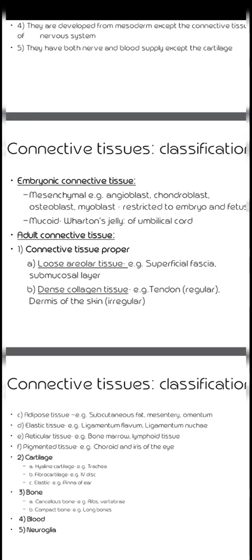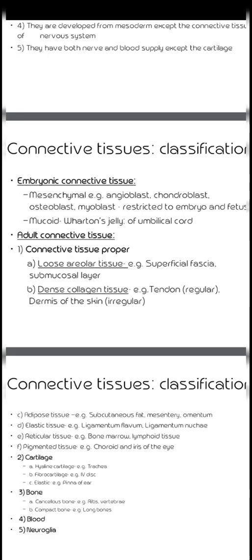What are mesenchymal tissues? Examples given here are angioblasts. Remember the term blast. Blast means premature tissue which is going to form a mature tissue or cell. Blast is the premature form, whereas cyte is the mature form. So angioblast forms angiocyte, like that. Angioblast forms arteries and veins and all of the